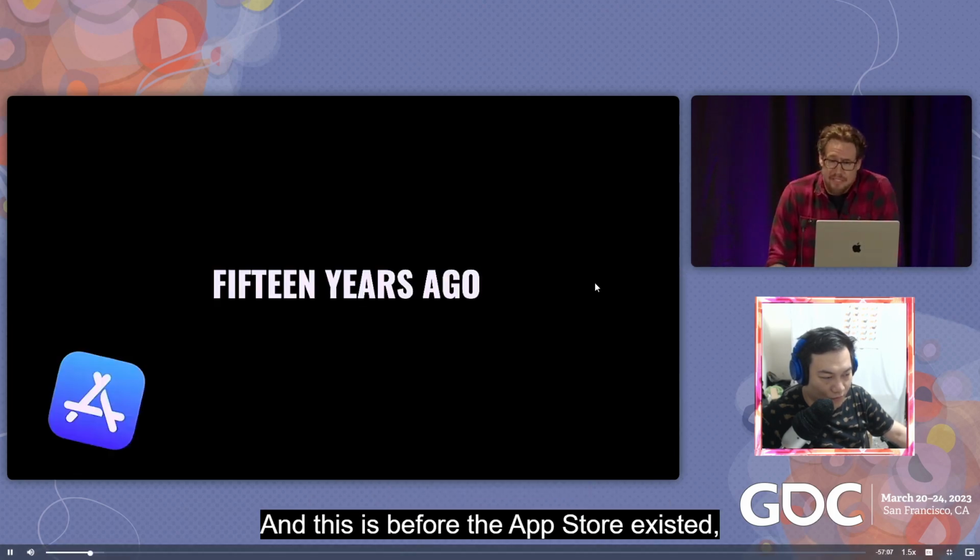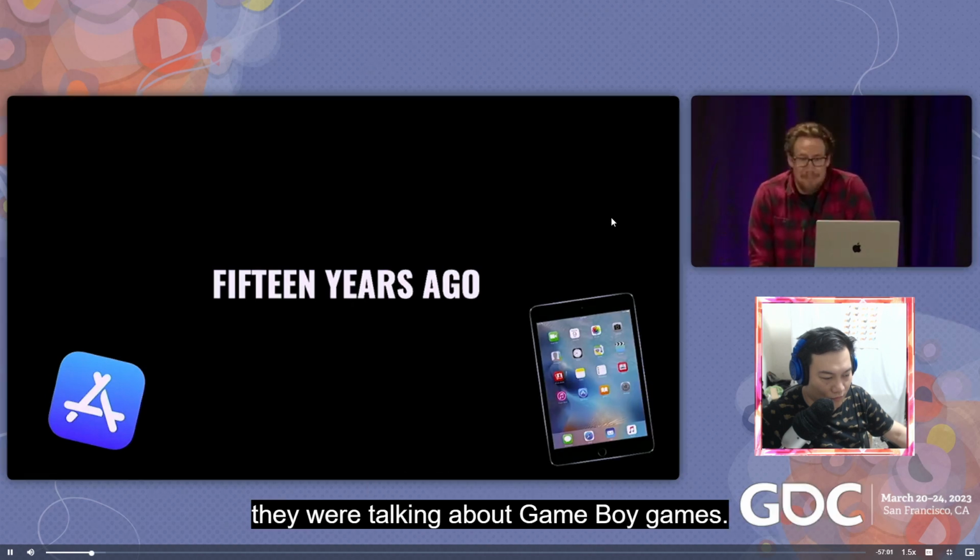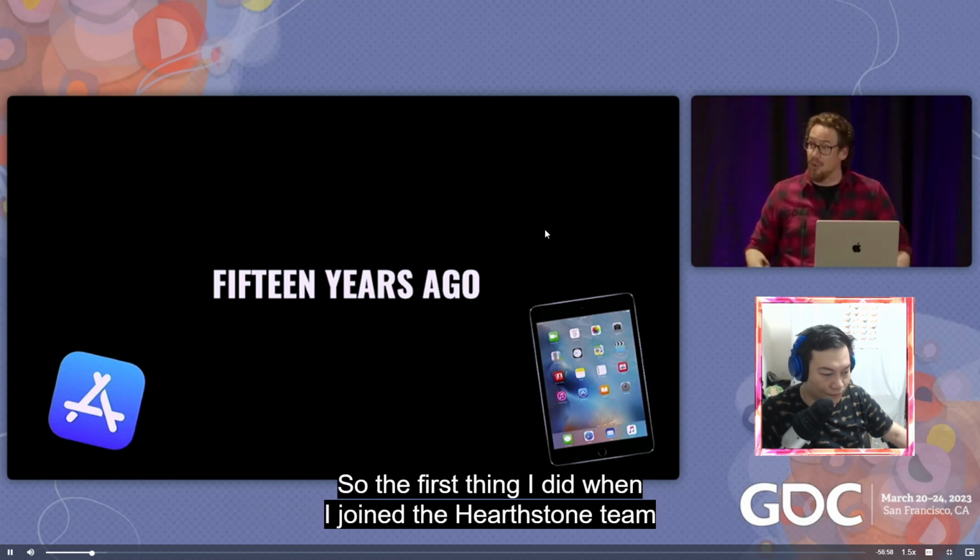So 15 years ago is when we started working on Hearthstone, and this is before the App Store existed, before the iPad was announced. In 2008, when people talked about mobile games, we were talking about Game Boy games. 所以这是15年前的事情，也就是2008。那时候就是没有手机 App Store，也没有 iPad 这种东西，所以那时候只有什么 Game Boy 之类的东西。现在小朋友或许也不知道是什么东西，不过总而言之就是那时候的市场跟现在市场其实是非常不一样的。